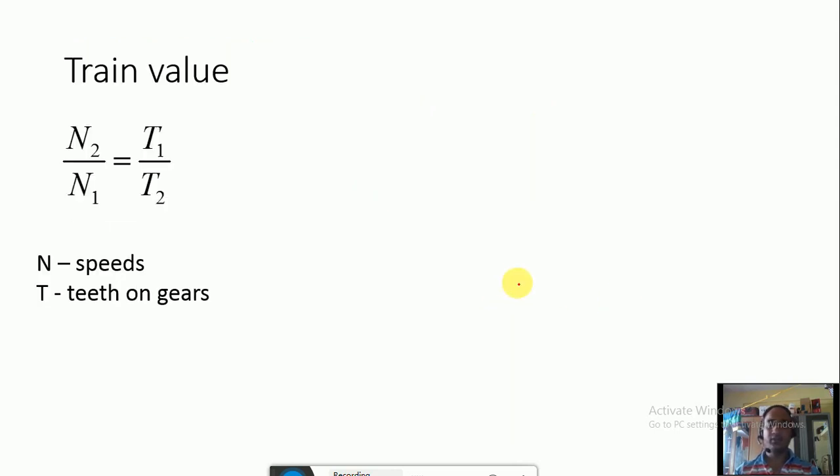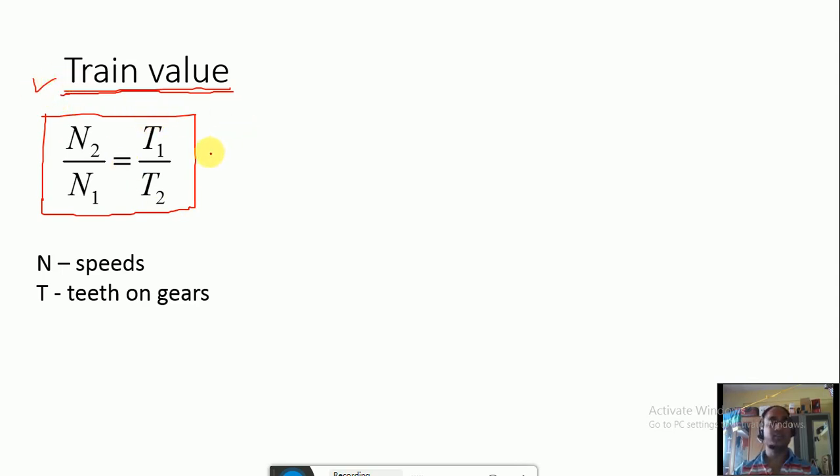Okay, so the important point here in gear trains is that you have to understand the train value of a particular gear train. Before designing the gear train, we first have to go through this aspect, what the train value of the gear train is, so that when you want to decide how much power and how much motion is to be transmitted between the shafts, this equation is very useful.